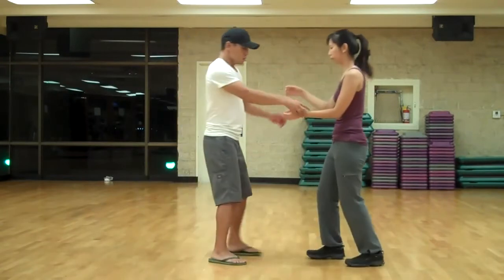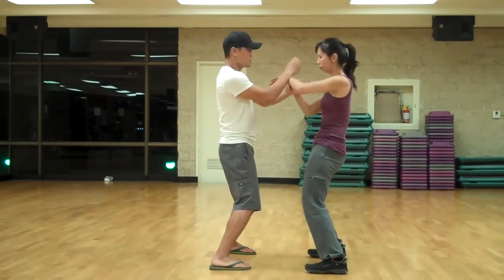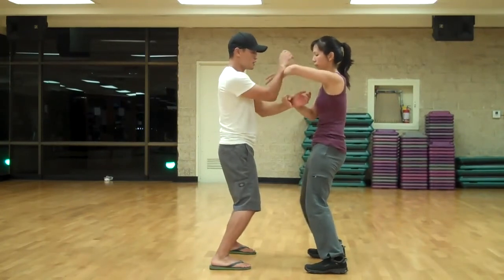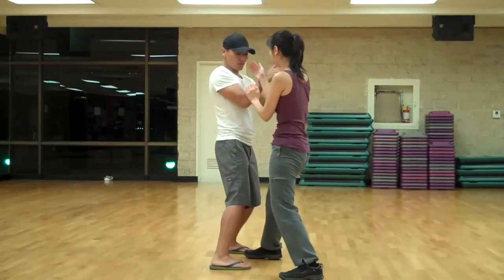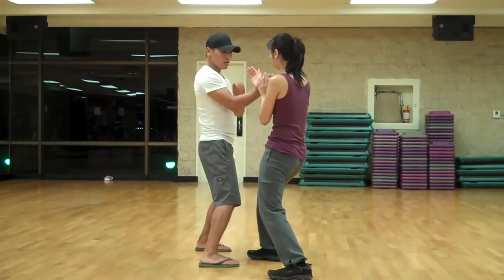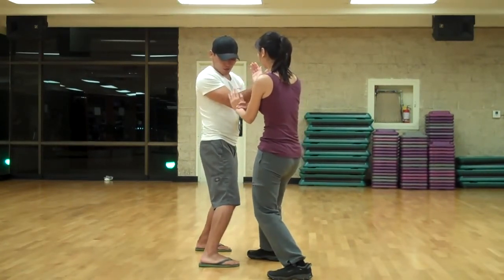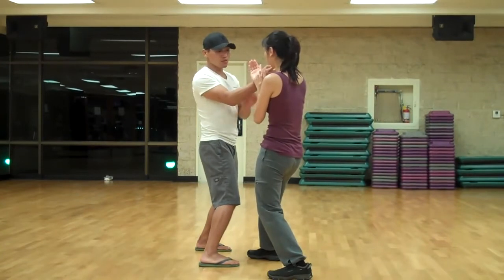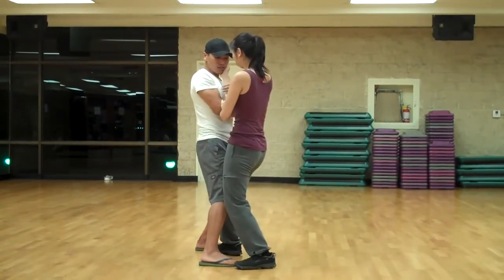So real slow, step by step, from the chi sao. Don't change the pressure here. Don't change your pressure. Elbow in, keep your space. Football footwork, bend the knee. Now from here, she's going to attack my elbow. In one movement, she's also going to palm toward my face. And notice how, when she's here,